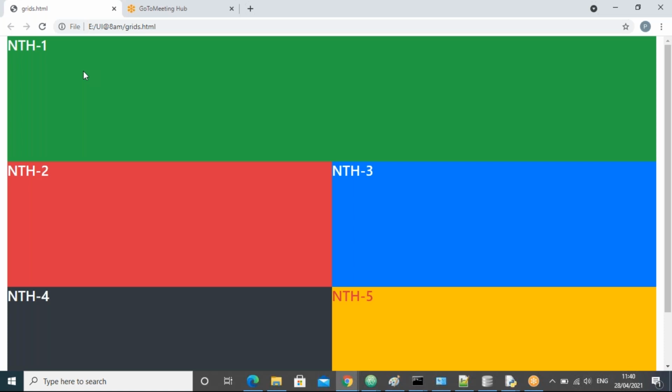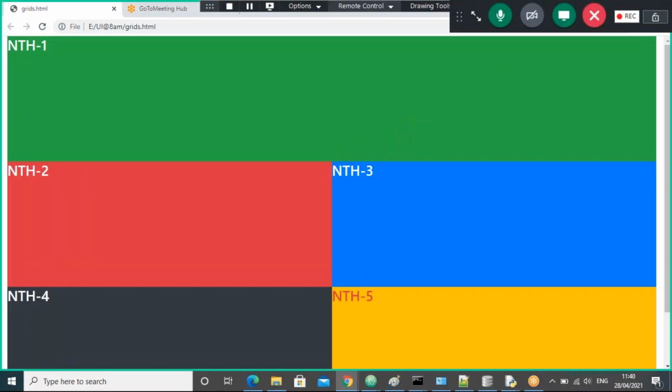If you want to lock NTH2 in the same place, then specify the row numbers and the column numbers. So what is the column number? Column number from 1 to 2, and row number from 2 to 3, guys.